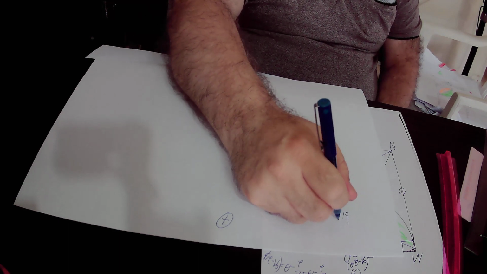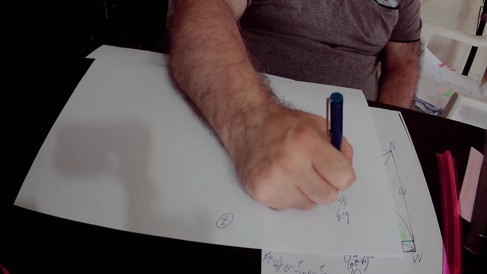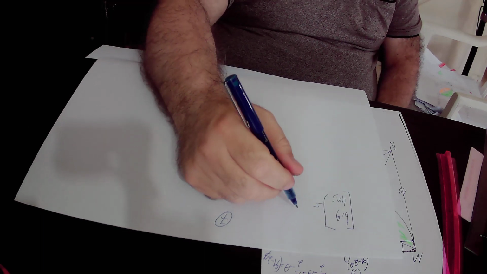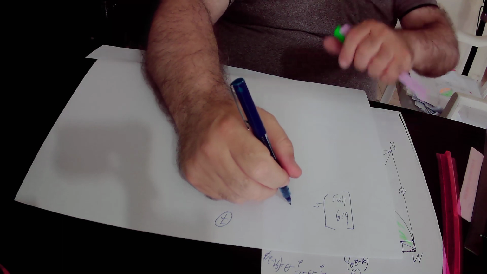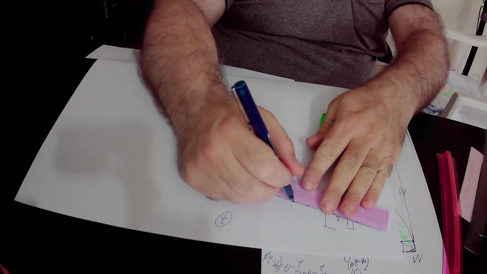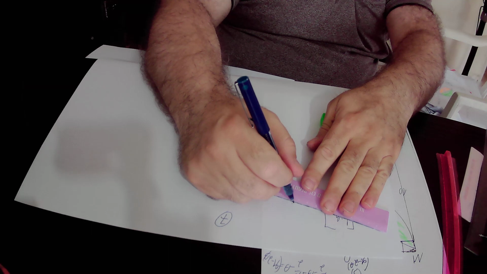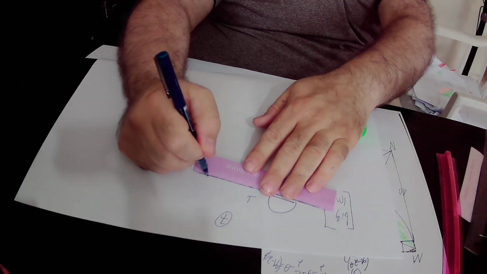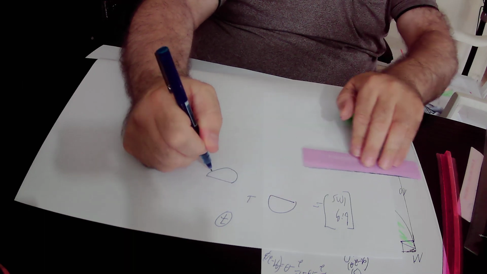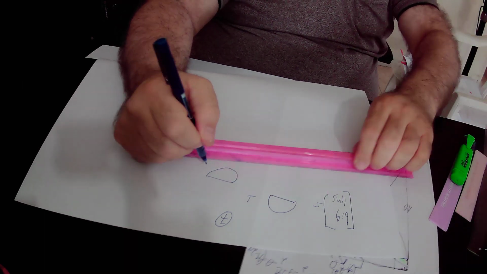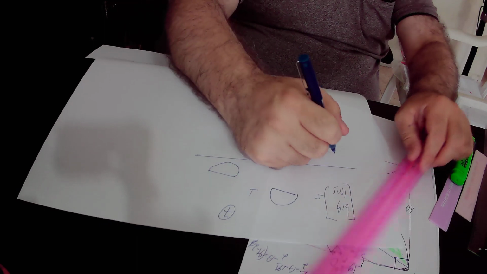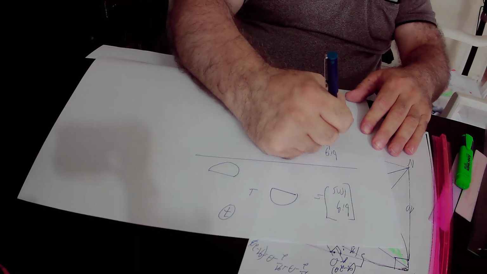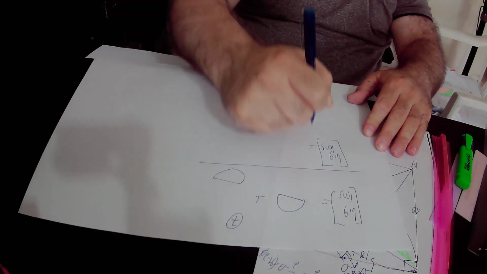The area of the big lens equals the area of the upper circular segment of the big lens plus the area of the lower circular segment of the big lens. That is to say, the area of the big lens equals